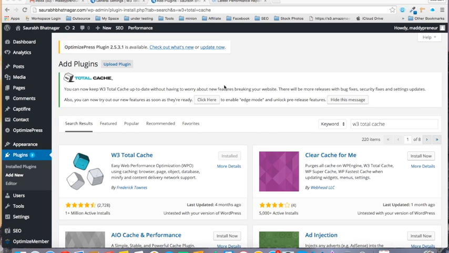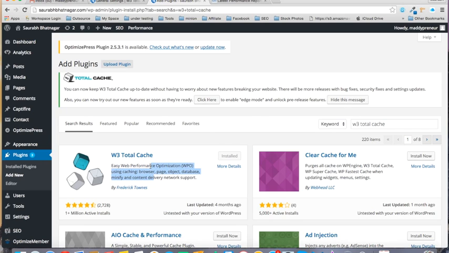Hello everyone, I am Saurabh Bhatnagar from saurabhbhatnagar.com, and in this tutorial I will show you how you can make use of caches. Just like you would have heard about caches and cookies, caches are almost like cookies, and you will learn how to make use of these caches to reduce your page load time, and ultimately this will help in the SEO optimization of your site.